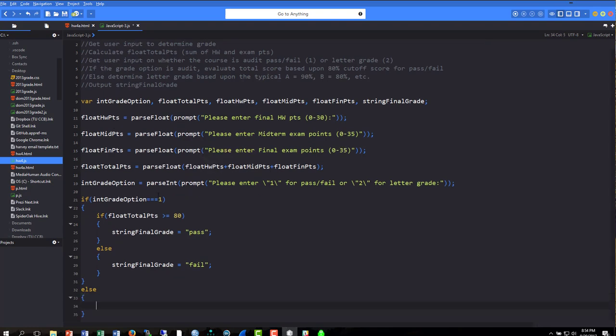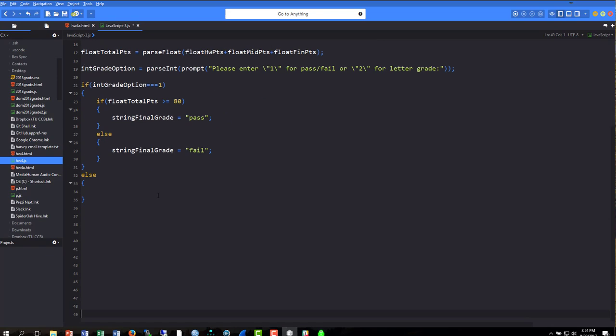Now after we're done with the int grade option, we get into what is the primary part of the program, the letter grade. Now we are actually nesting the if-else's for the letter grade just like we did the float total points. We didn't have to put int grade option equal 2 because if we validate our information properly, which we didn't do in this program but will in the future, then there'll only be a 1 or 2 option the way